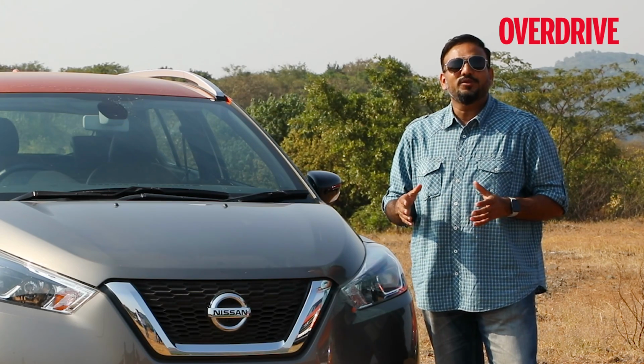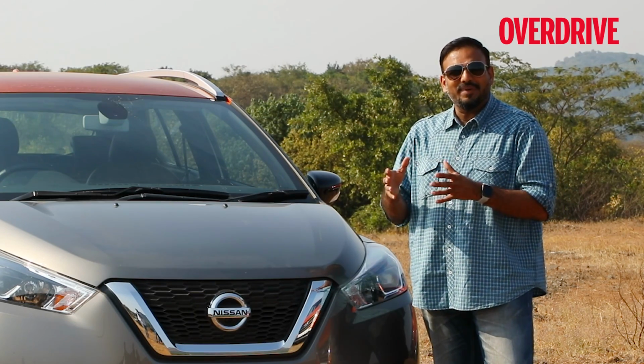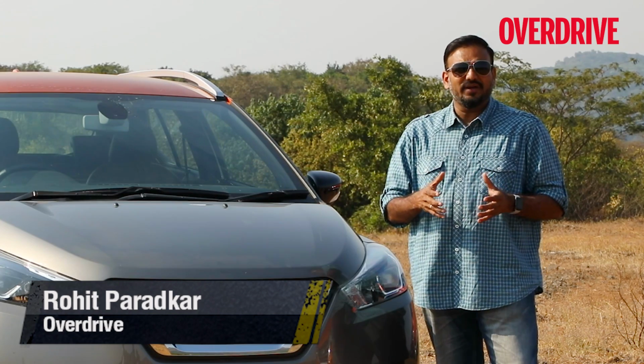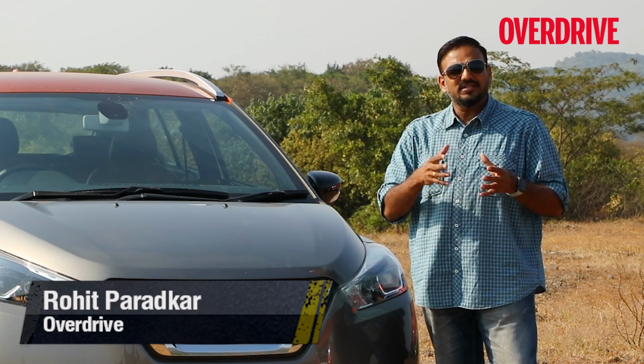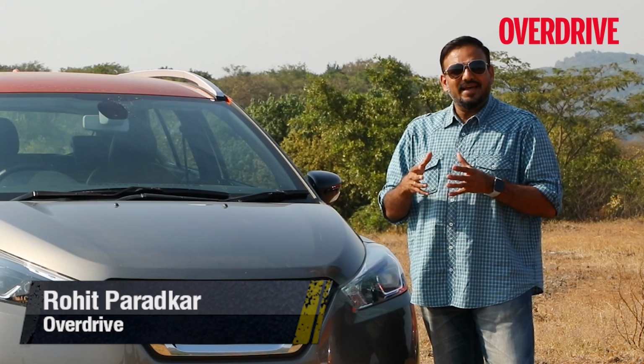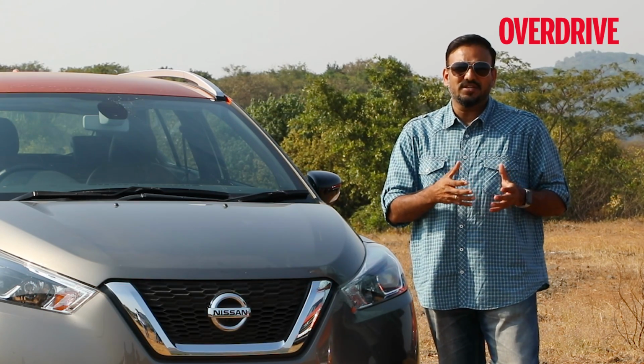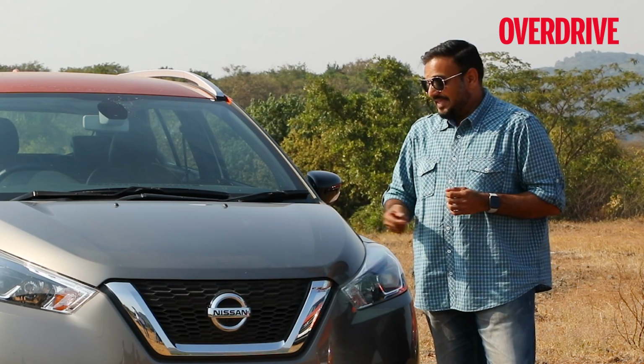It's been an amazing start to the year for anyone looking to buy into the compact SUV space. Two of the most awaited launches happened in January, the Tata Harrier and the Nissan Kicks. But given their price, positioning and their size, they are literally a segment apart. The Harrier goes after the big boys, the Jeep Compass and the Mahindra XUV 500, whereas the Kicks, it's